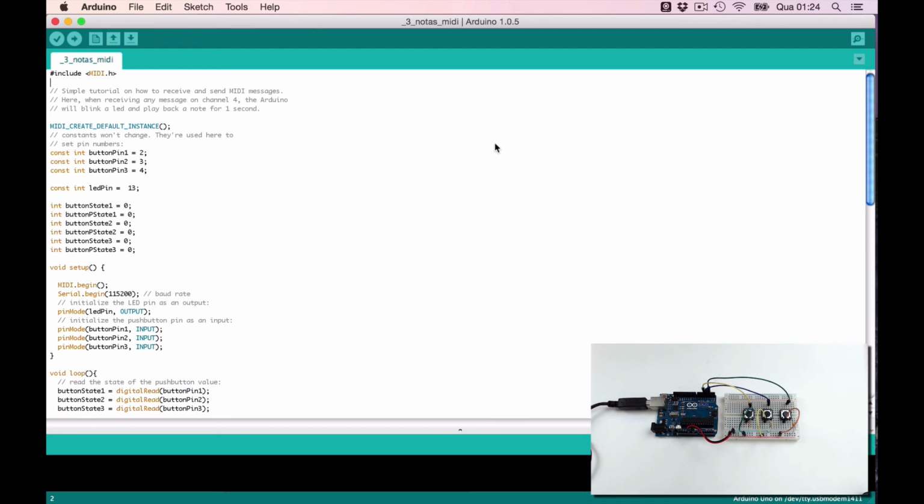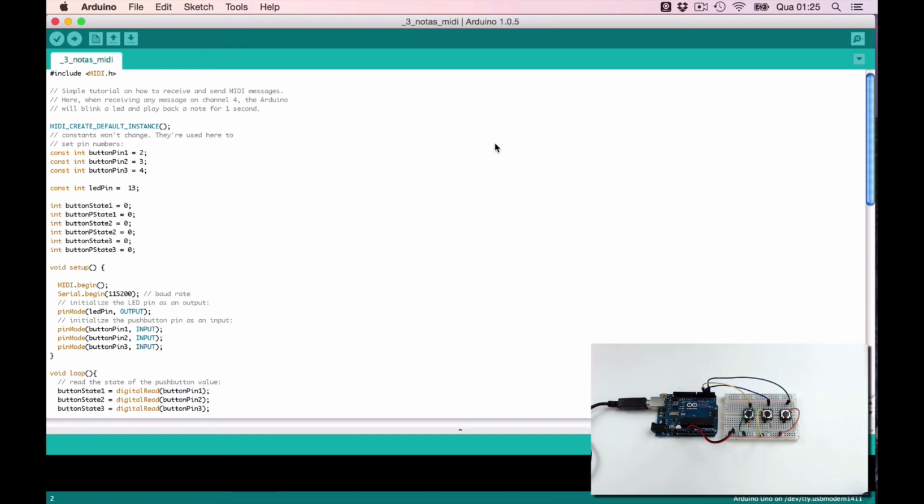In the last class, we learned how to use the MIDI library, and we used our circuit with a button to send one MIDI note to Ableton Live. For this, we also used Hairless MIDI, which is a serial to MIDI converter, because MIDI and serial are different protocols. And because Arduino works with the serial protocol, we need this software to convert serial to